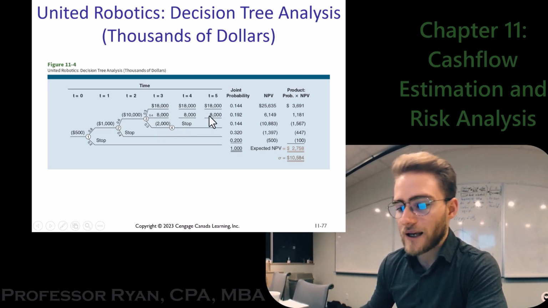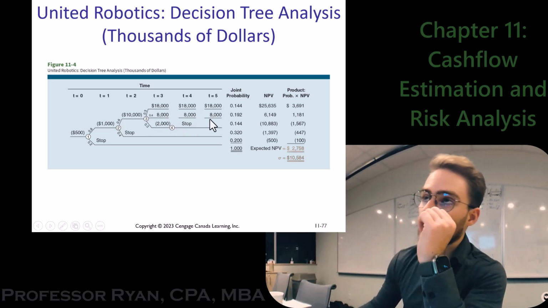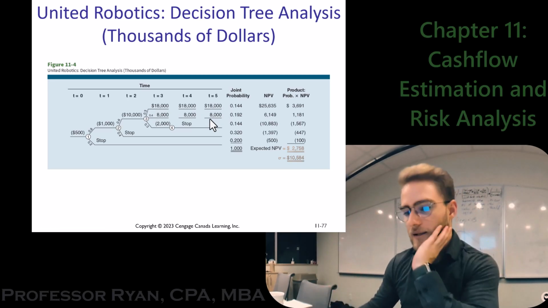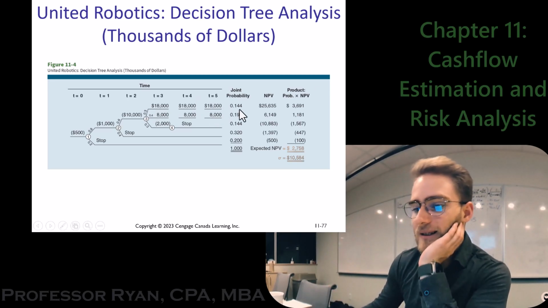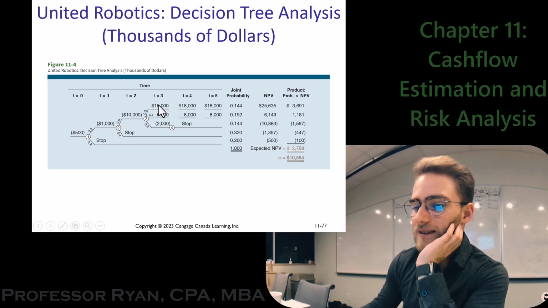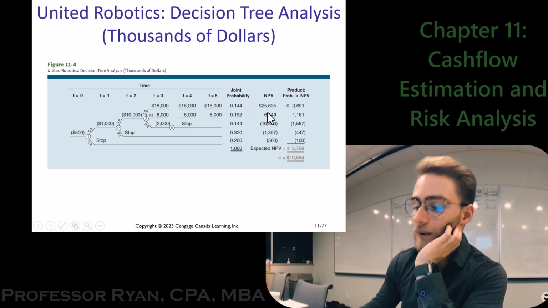And then I earn another eight, right? Or I earn 18, 18, 18. So if you remember from statistics, a series of probabilities can be multiplied together. So in this case, there is a 14.4% chance that I go through all of these investments and make 18 plus 18 plus 18, right? For a total present value of